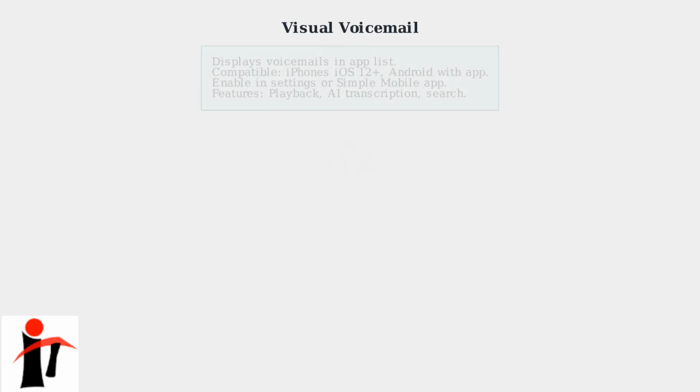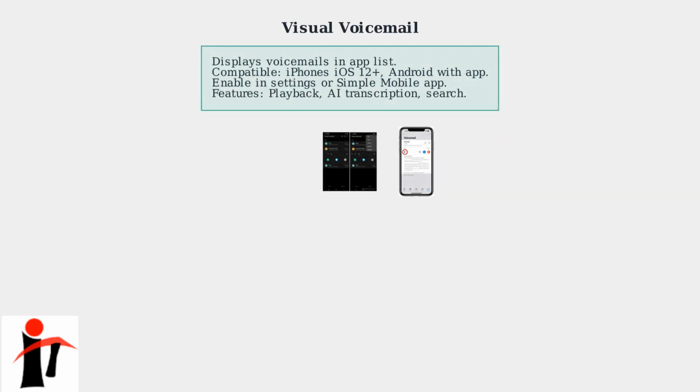Visual voicemail displays voicemails in a list format within an app, allowing for easy playback, transcription, and management without dialing. This feature is available on compatible smartphones, such as iPhones with iOS 12 Plus or Android phones with the Simple Mobile app. To set up visual voicemail, enable it within your phone's settings or the Simple Mobile app, linking it